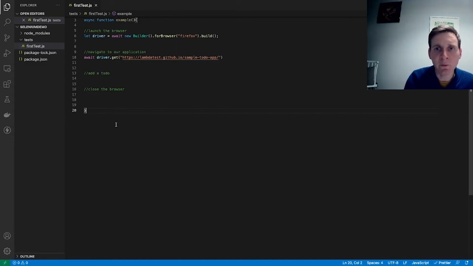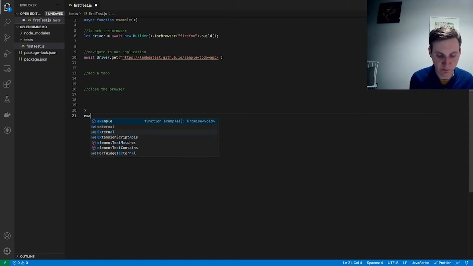So at this point, if we wanted to see what was happening, we could actually run this. To do so, we need to call this function. So at the end of our file, I will add example, which is the name of our function,